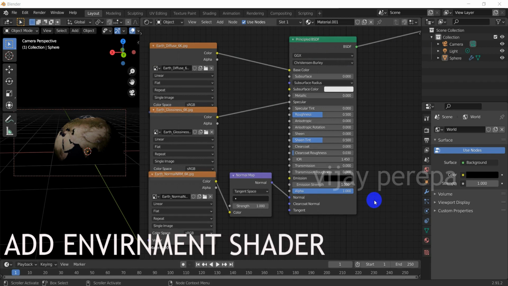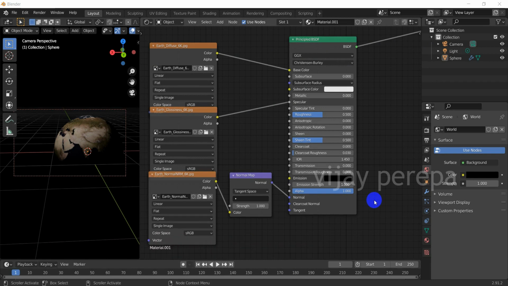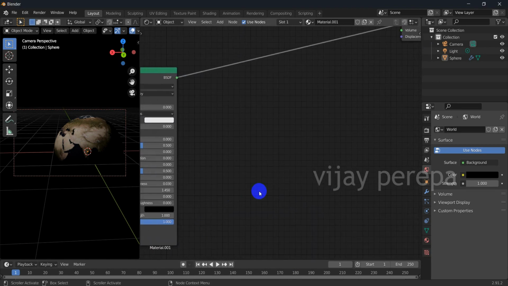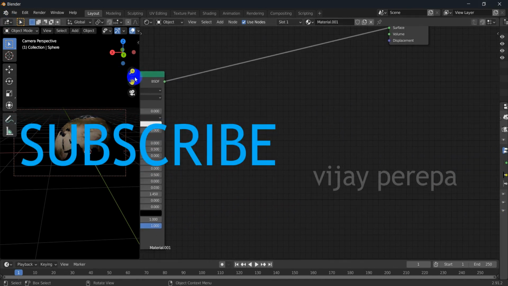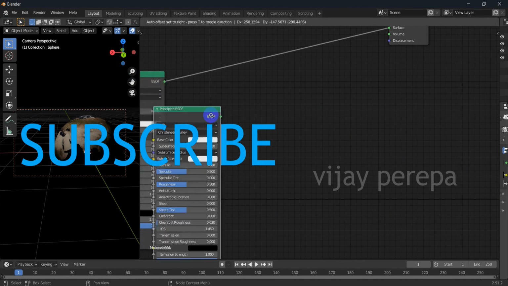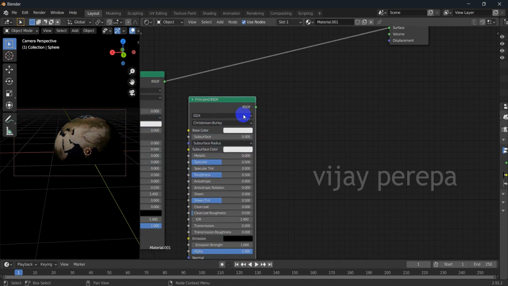After adding the basic earth texture, I need to bring the environment shader. For that, let me bring this window a little here. I need to make this window a little small, and then let me copy the principled BSDF, Shift D, so that it is duplicated.